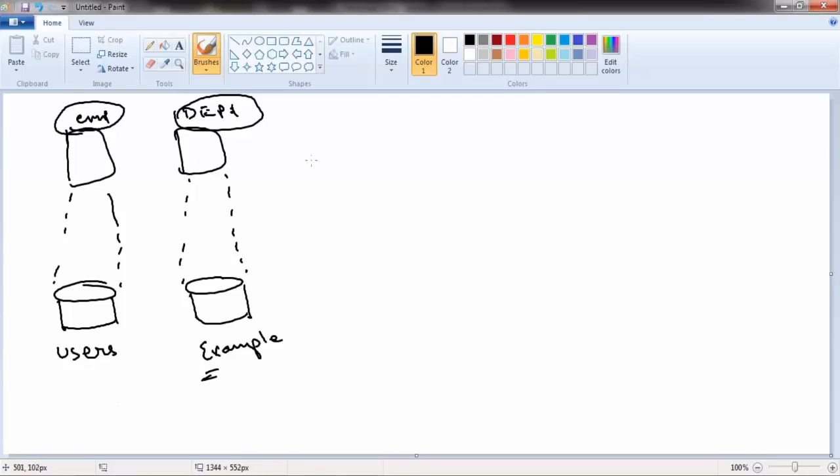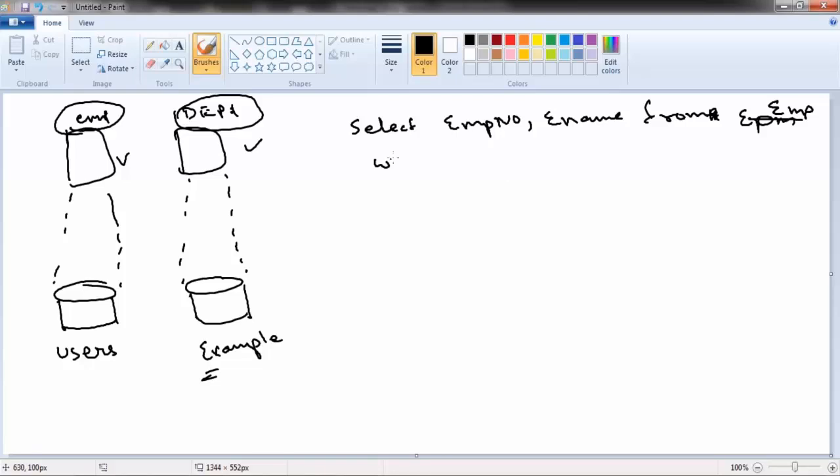Understand, when a user is querying the data from both the employee table and the department table, there is a join query. So we'll also consider a join query. How a join query will look like, this is a simple join, and there might be a lot of complex joins that might come inside the database. So select employee number, comma, employee name from employee table. This should be EMP, where